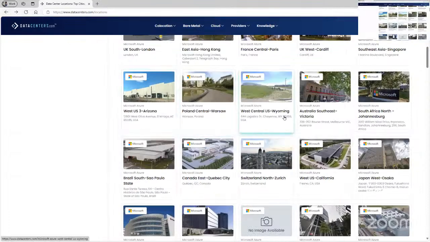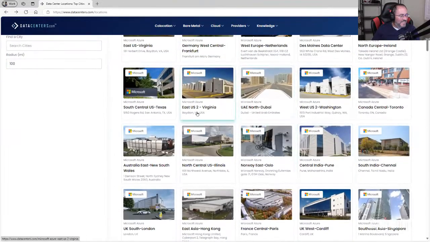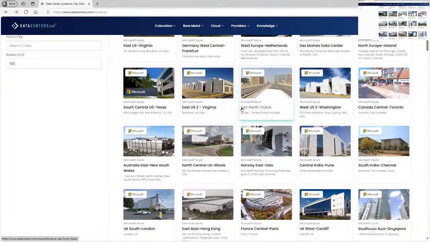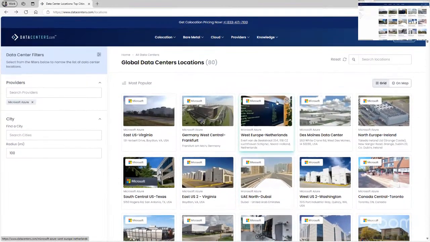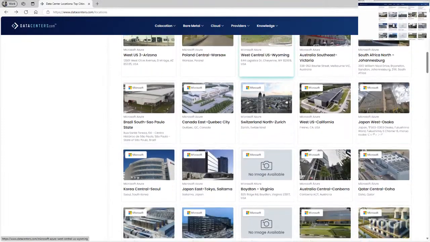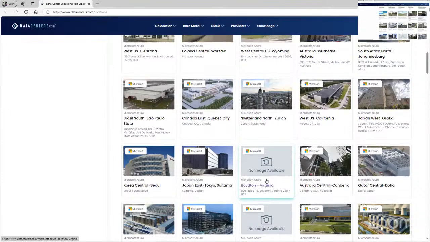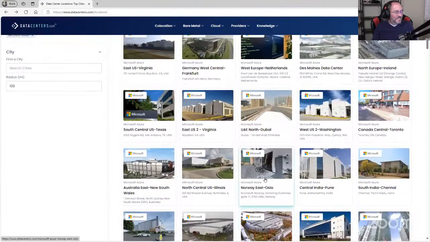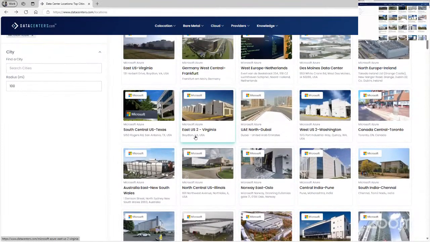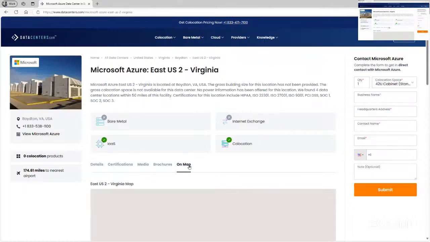So if I come down here and I look at US East, you see US East 2 is in Boynton, Virginia, and US East, I just saw it down here, is also in Boynton, Virginia. 925 Ridge Road, right? The address for US East 2 is Boynton Road. And I'll just do this. If I come in here and I look at the map